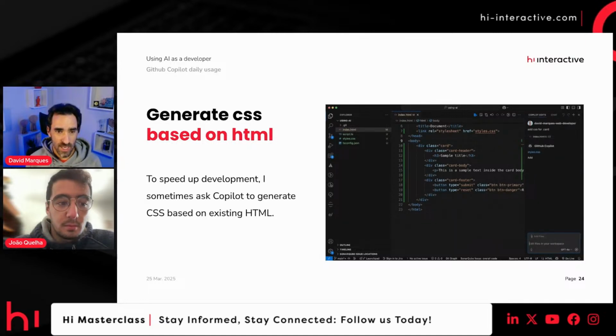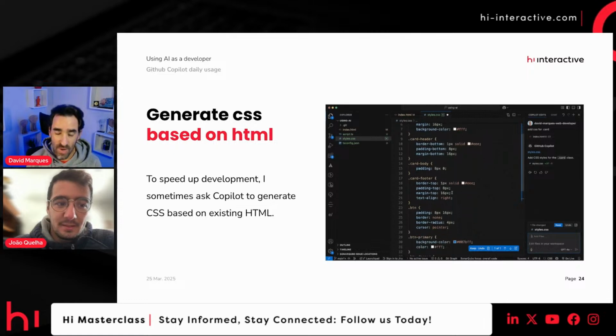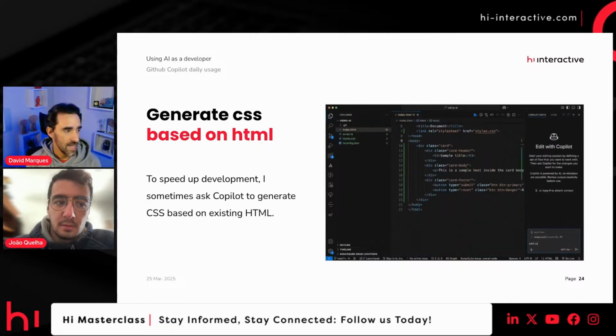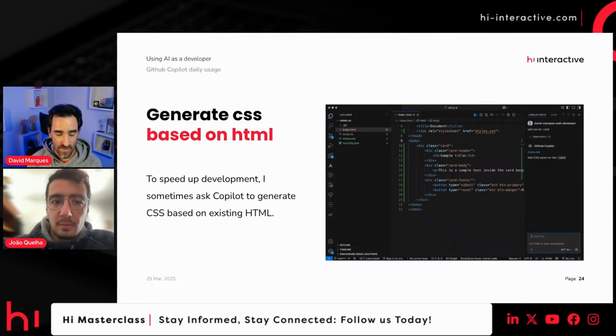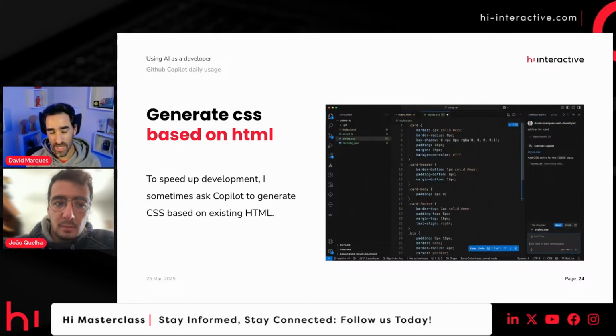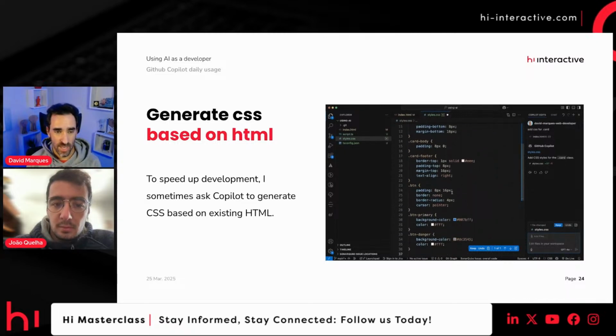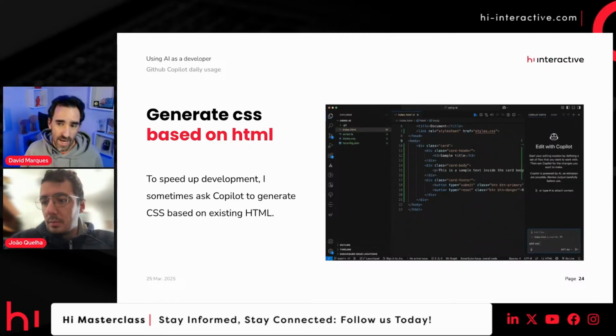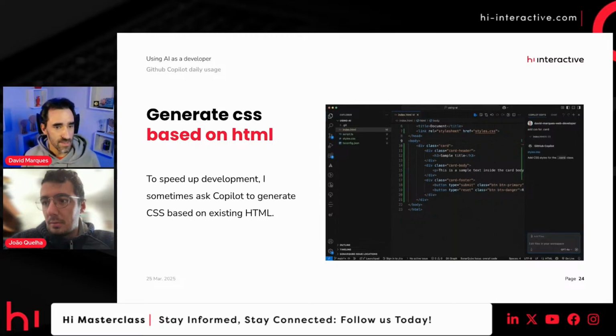And here the magic starts. If you have HTML, for example, you code your HTML first. If you follow a pattern well in terms of naming conventions and code conventions, it's possible to generate CSS for this HTML. So in this example, as you can see, I have HTML, I think cards, and I ask Copilot to generate the CSS for this card.